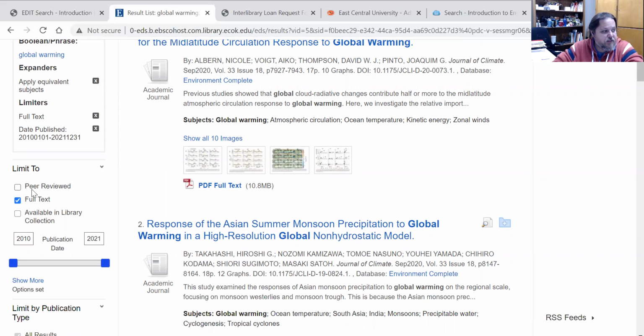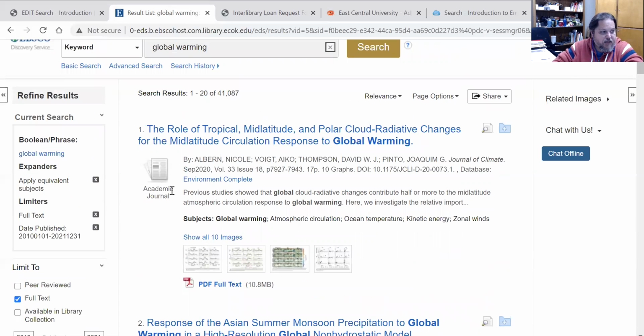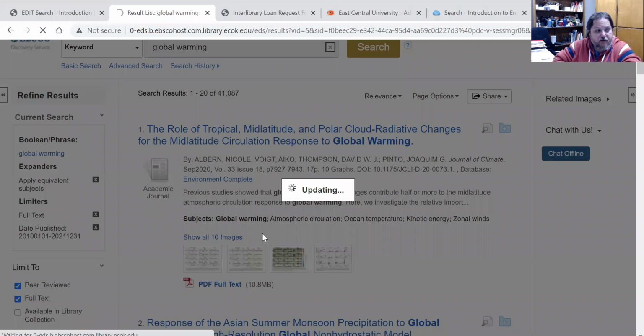Also, notice there is a peer-reviewed limiter. So you see academic journal, which tells you that that article is published in an academic journal. That means it should be something that is going to be more reliable as opposed to, say, a magazine. But you're not always necessarily sure about that. So if you click on peer reviewed, what that does is limit it even further